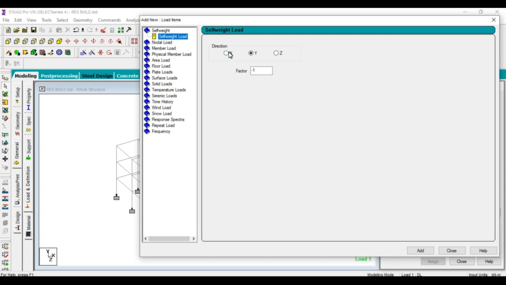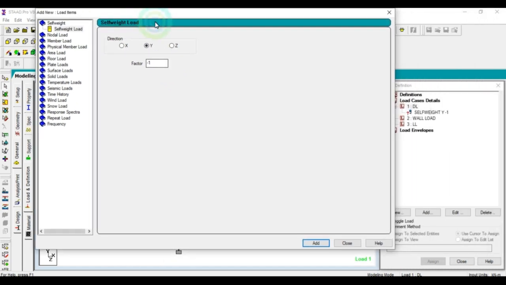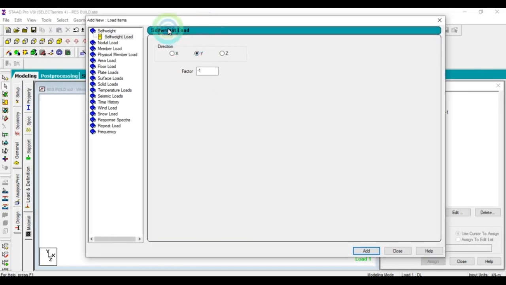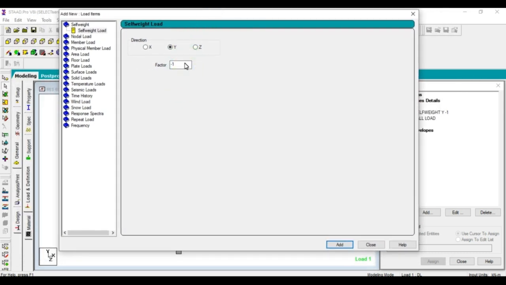You should set the direction as Y. See, first of all, look at the coordinates: in them Y is taken as vertical, so in the direction I will take the Y direction, and the factor is -1. Click on add. The -1 means the self-weight acts one time on the building. Understood? You should give -1.